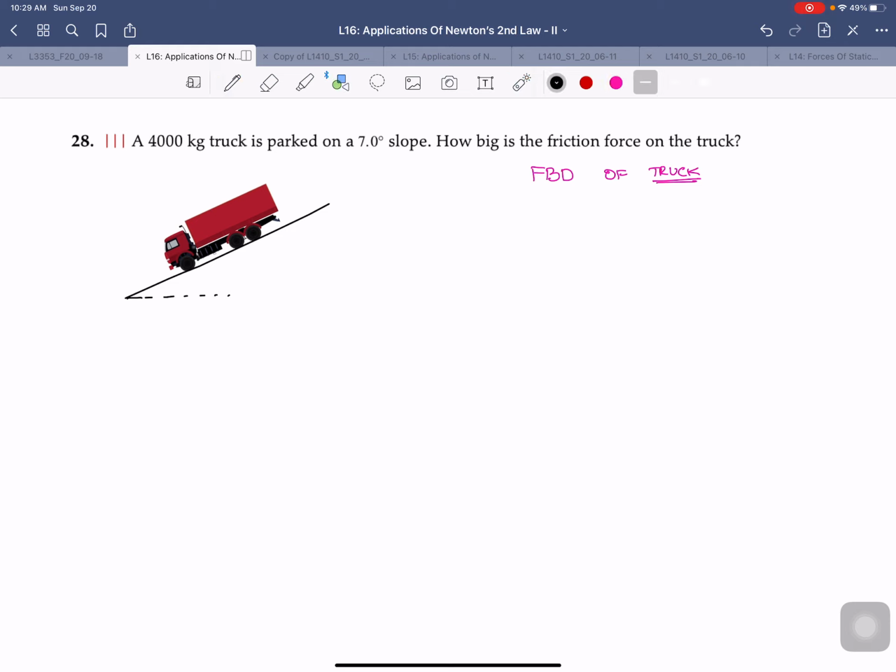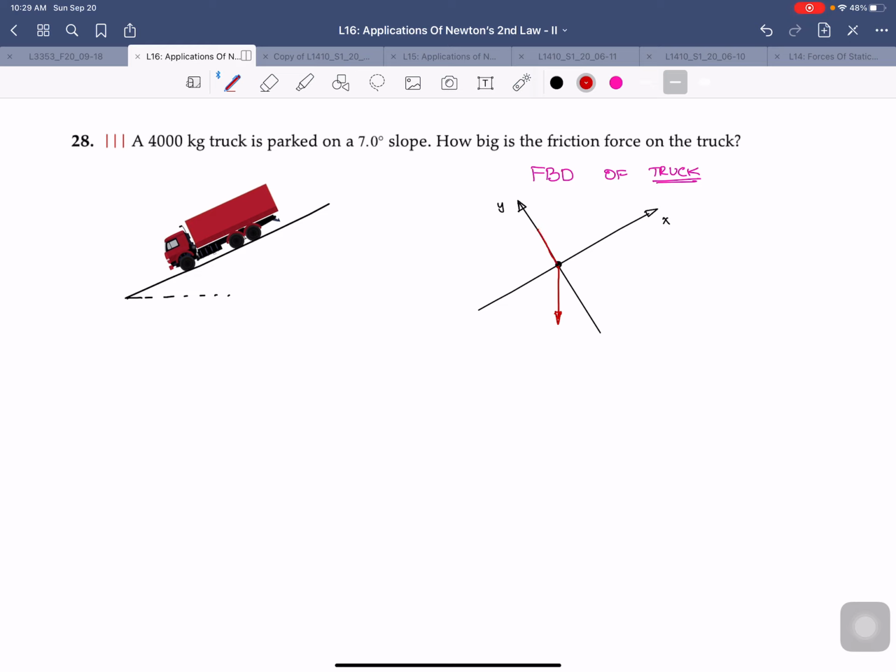We'll choose our x-axis along the incline. And of course, the y-axis has to be perpendicular, so it's going to be perpendicular to the incline. So that's your x-axis, your y-axis, and we're going to start off with the free body diagram. What are the forces acting? Well, we know there is the weight of the truck acting in the downward direction, and there is the normal